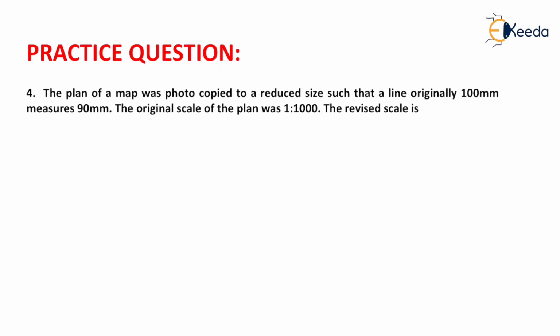The question is given as: the plan of a map was photocopied to a reduced size such that a line originally 100 mm measures 90 mm. The original scale of the plan was 1 raised to 1000. The revised scale is? Now we need to find the revised scale, for which we need to compute the value